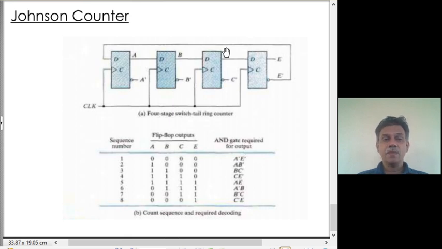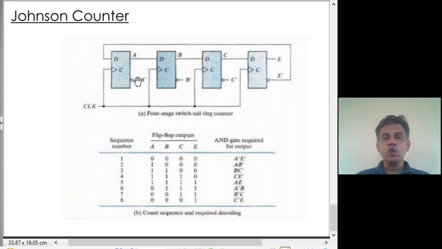Now, instead, this circuit uses 4 flip-flops but does not use any decoder. It will use only AND gates, but it can generate 8 timing signals. So, 8 timing signals is not as low as 4, and it is also not as high as 16, but the complexity of the extra control circuitry is minimum, in the sense that you don't need a decoder, you will need only 8 AND gates. We will see how this can be done.